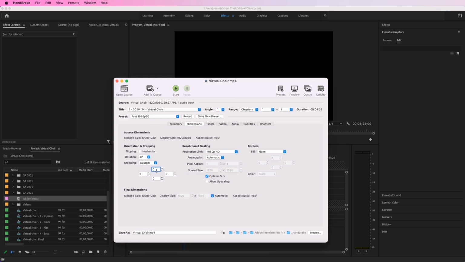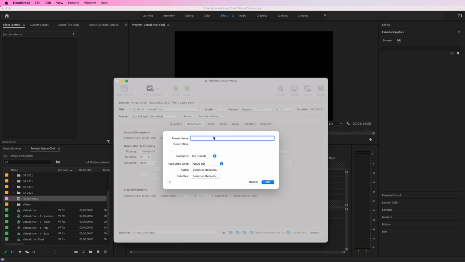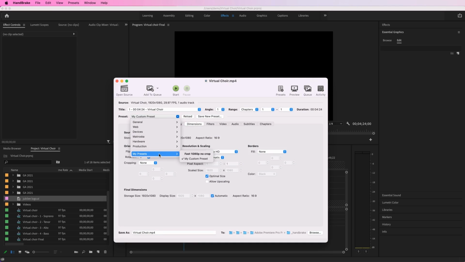Sometimes it may detect empty space and crop your video. You lose that size. Now it's 1910 by 1070, so you lose that HD size and your output may look off because it automatically cropped something. I would come in here, do none, and then save a new preset, and it's under my presets, and then my custom preset. Save it as something fast, 1080, no crop, something like that. And yeah,